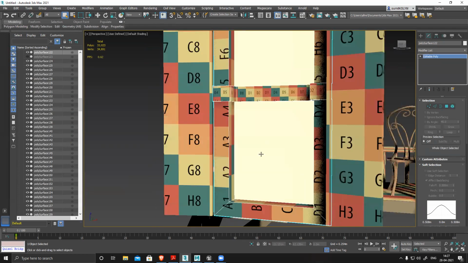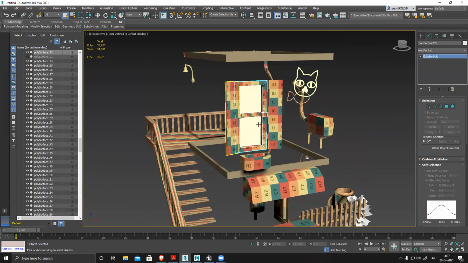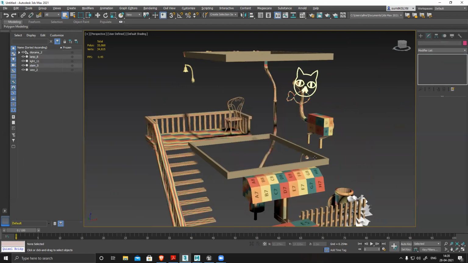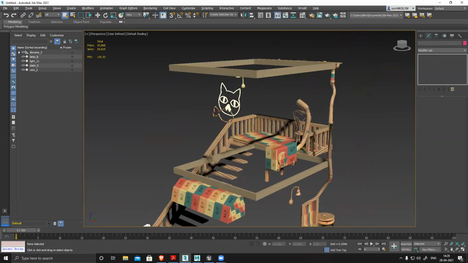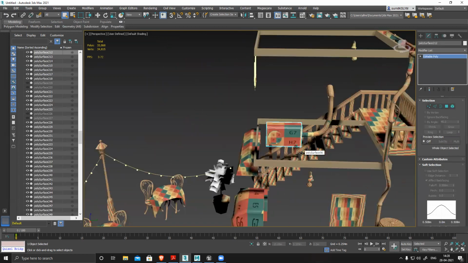Unwrapped. So this thing is one, this one, this one, and this one. Hide selection, unwrapped. So one by one, select everything and then unwrap everything nicely. Then once my unwrapping is done, I'll start working on my UV packing, which is very important. If my UV is not packed properly, I won't be able to create a nice texture.